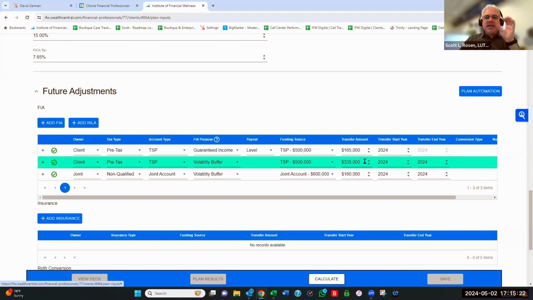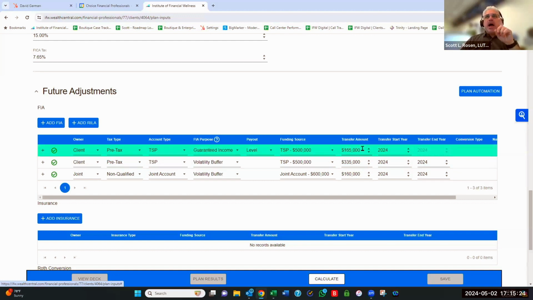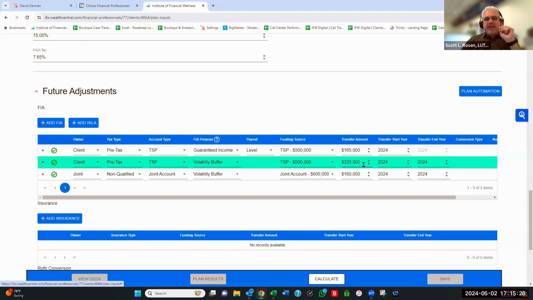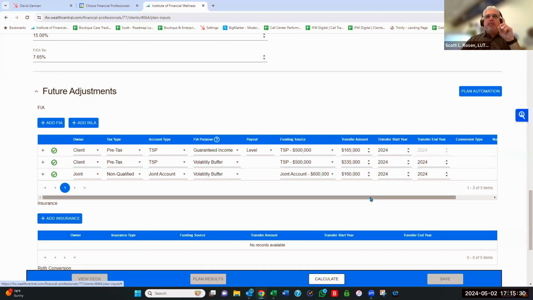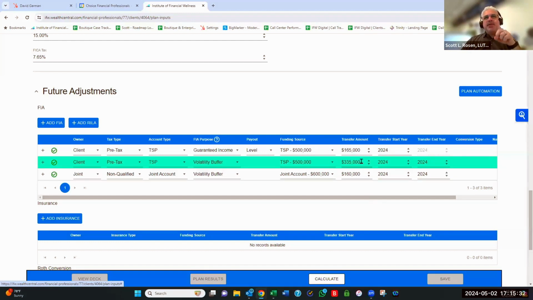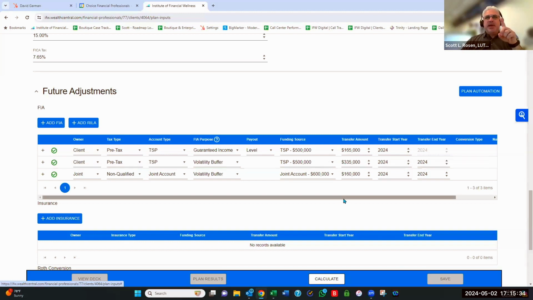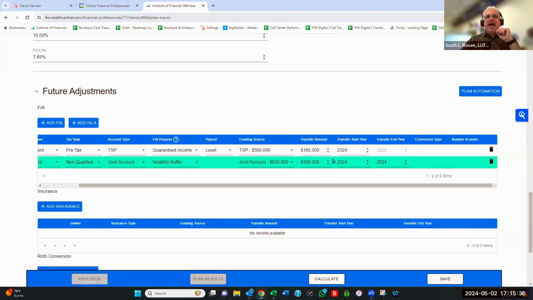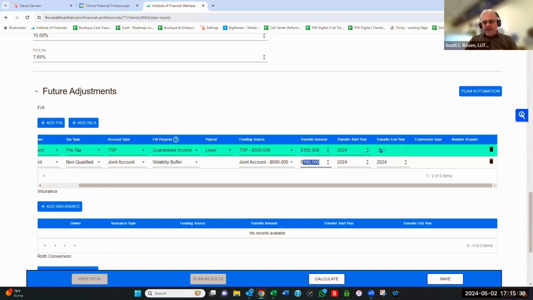But in all seriousness, you could say, you know what? I agree with that 165. I agree with doing 500 in the volatility buffer, but I don't want to take the other 335 from the TSP. I'm going to get rid of that, and I'm going to do all 500,000 from the joint account. Right? So just because the AI says, here, do it this way,